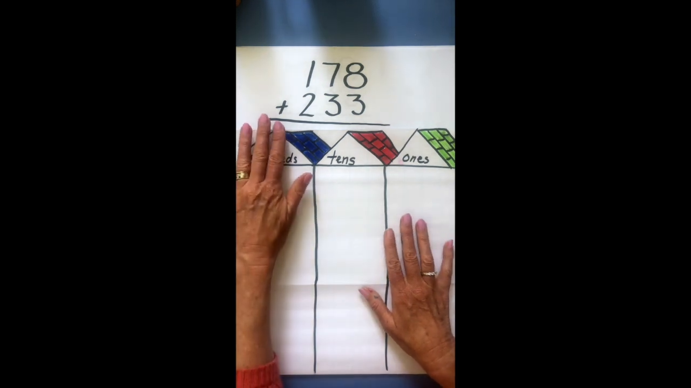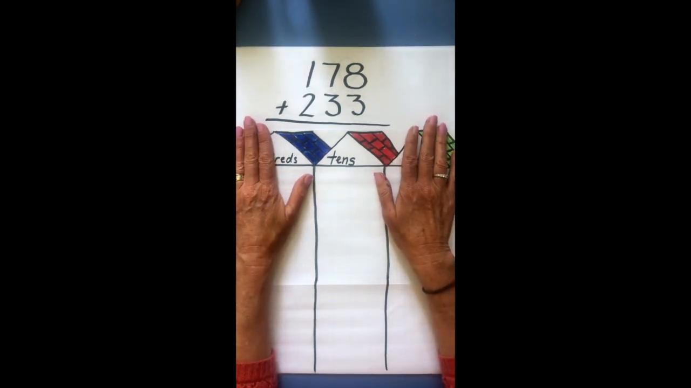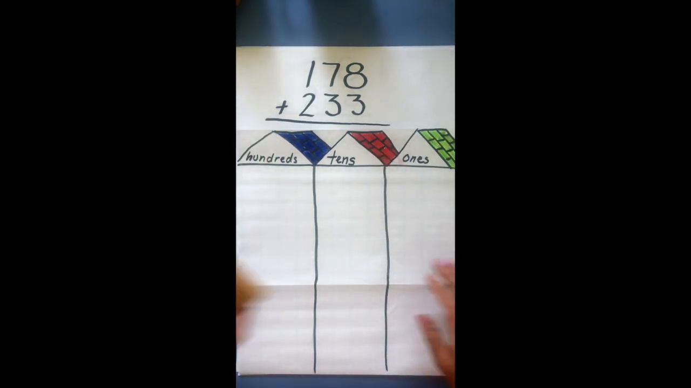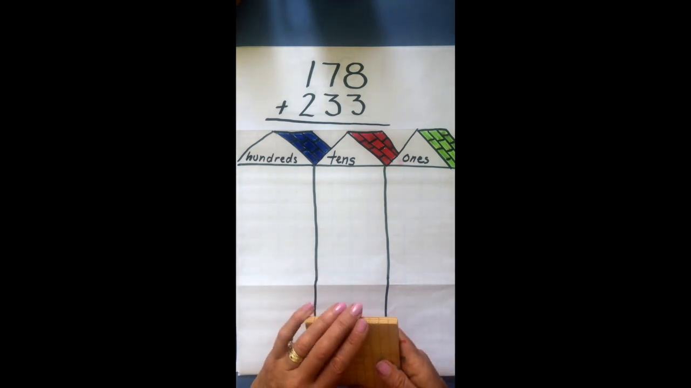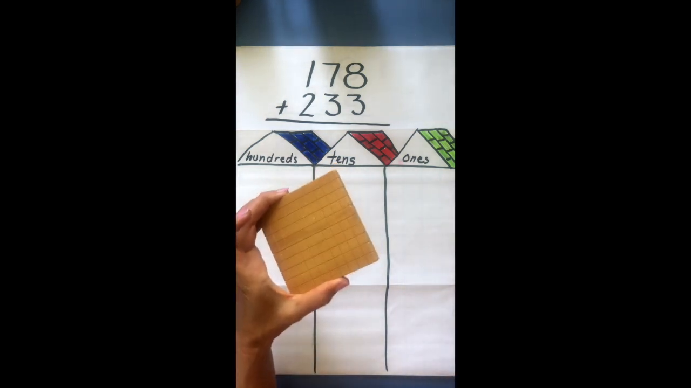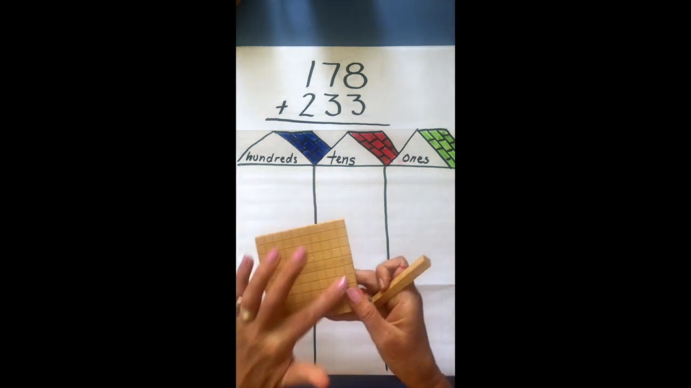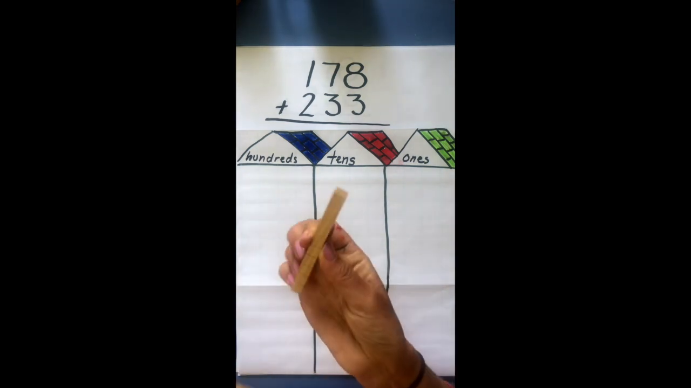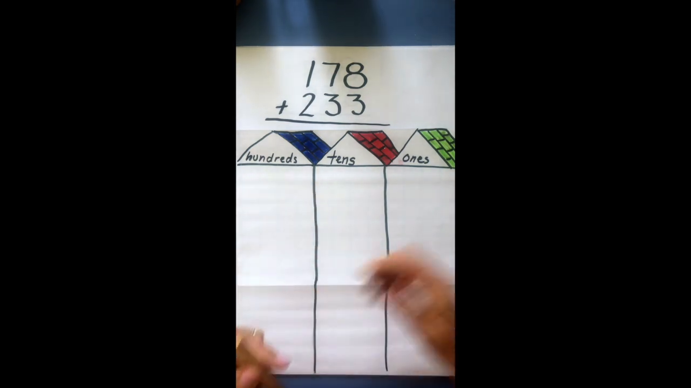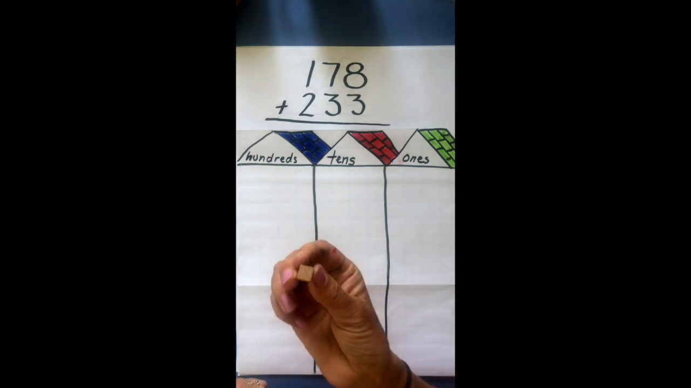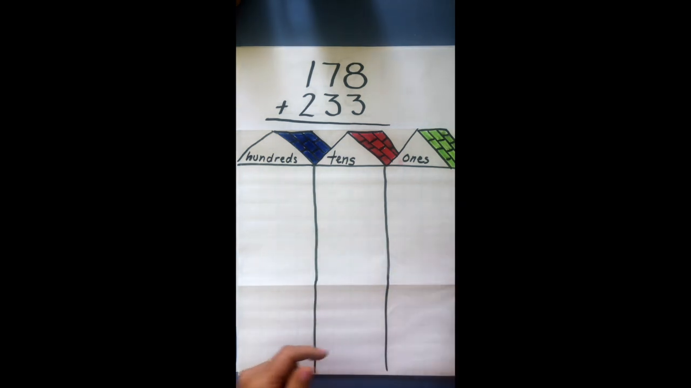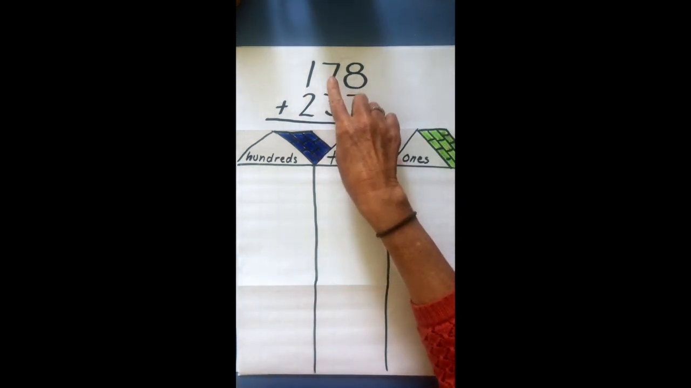All right, so this is an addition problem, and I'm going to use base 10 blocks in order to solve this problem. So this block is worth 100 because there's 100 squares here. This is worth 10 because there's 10 squares here, and this is worth 1 because there's 1 square. So I'm going to make the first number 100,